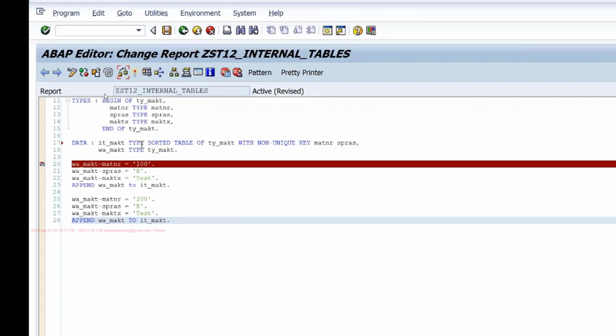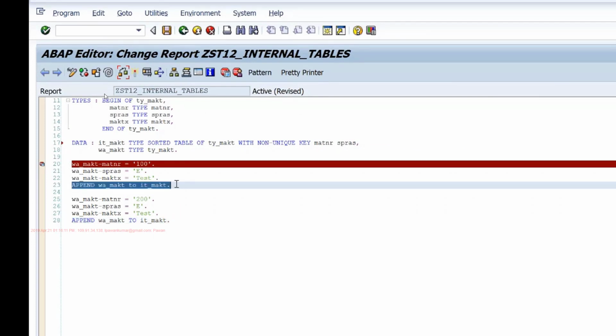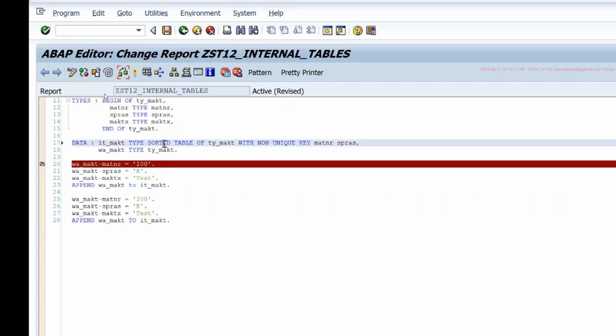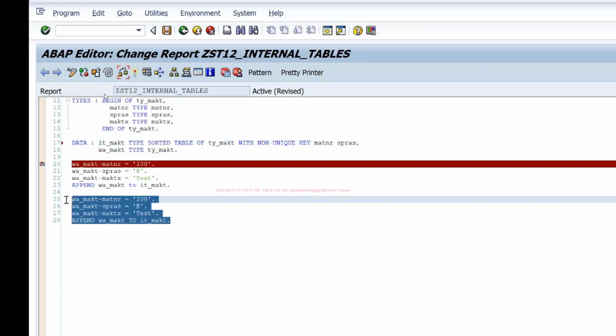Now, when you're working with the standard table, I can use this append statement to add the record, and this append statement will always add the record at the end of the table. With sorted tables, I can also use the append statement, but there is something: as the name suggests, sorted table means it automatically sorts the entries by key. Let's add a few records and see.